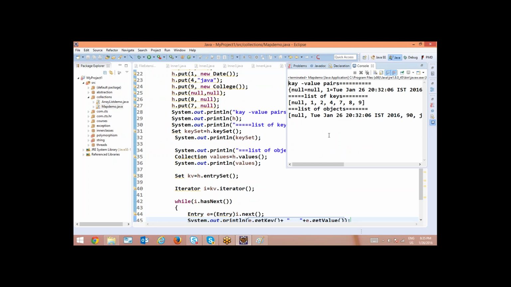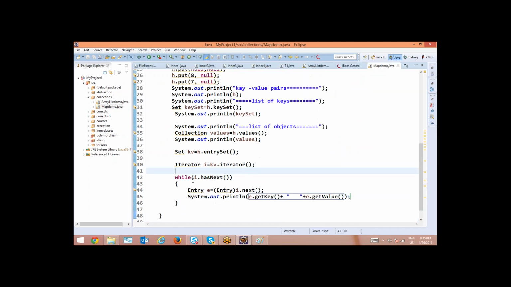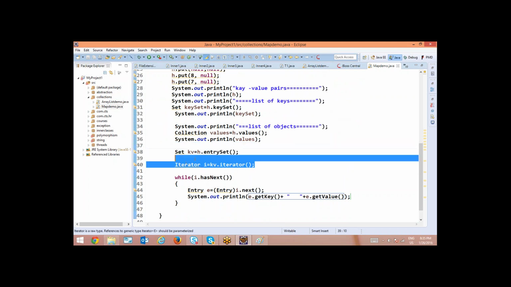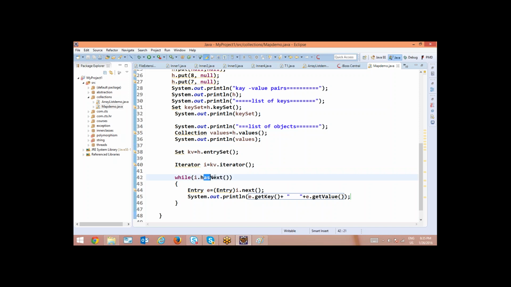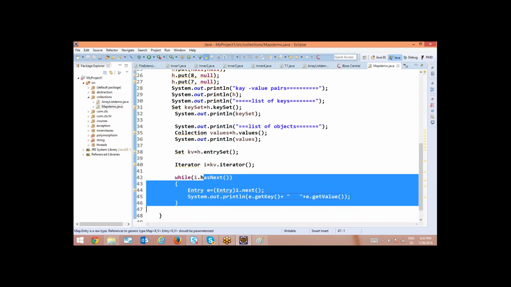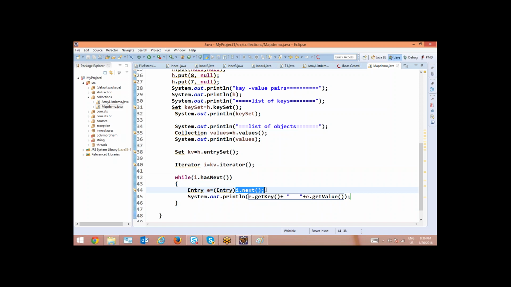But I wanted to extract one by one. At that time you have to use this logic. First you need to get all the key value pairs into a set. That set needs to be stored into an iterator. Then it needs to be iterated by using hasNext. And i dot next will give you every entry as this object. From that entry, if you call getKey and getValue, you will get the values.